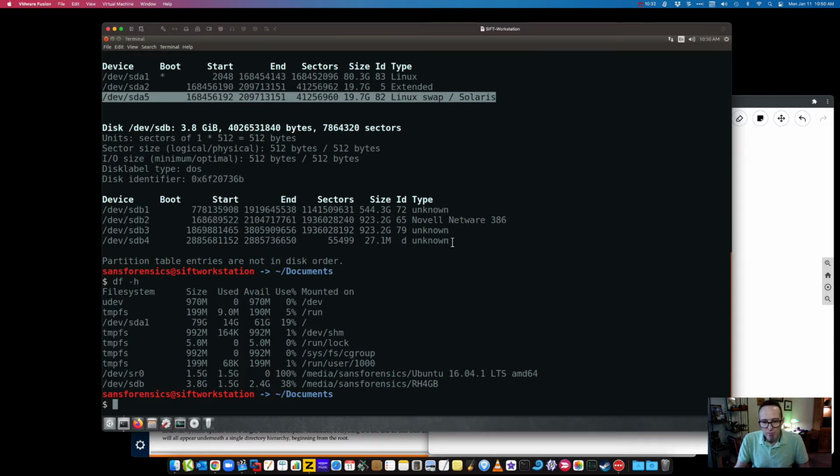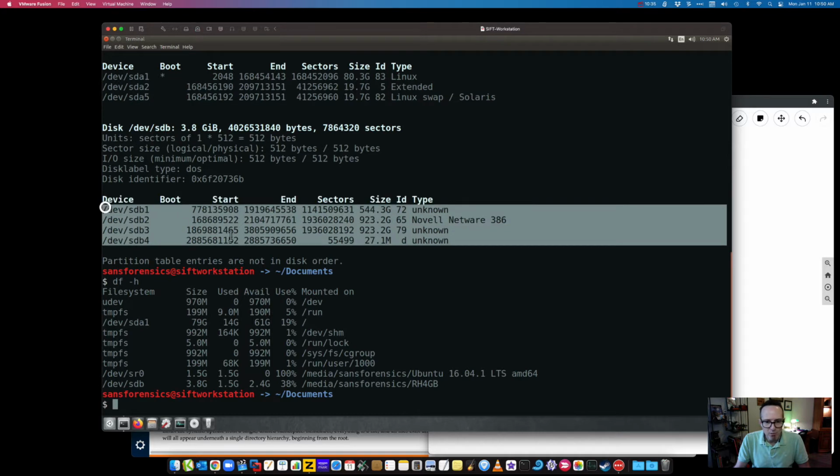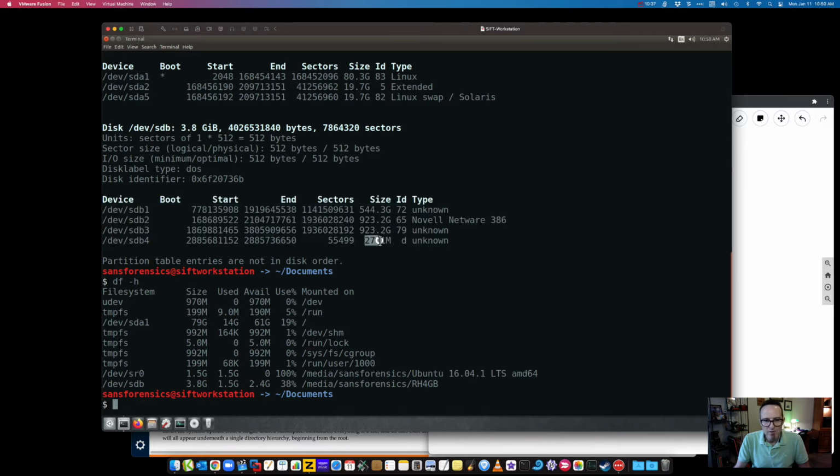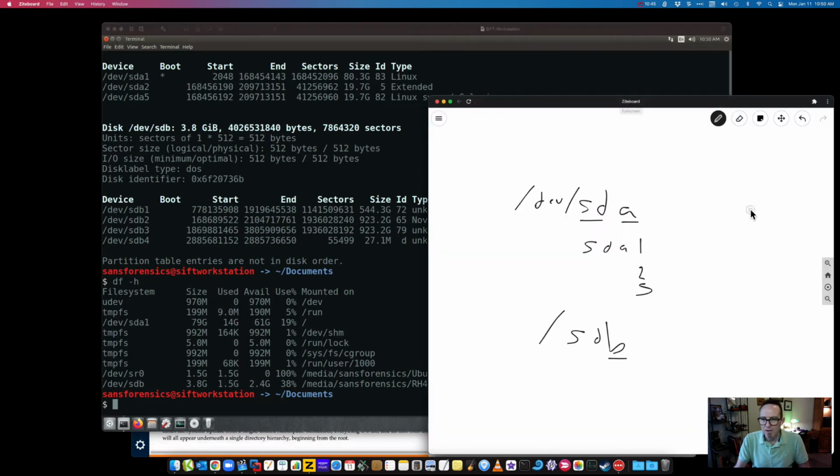Being more important here, this is a movable drive. There are several partitions here. Some are really small, 27 megabytes, 544, and we have basically a couple, almost 1 gig here. So I know listed out. So again, sdb 1, 2, 3, and 4. So this is going to help us identify